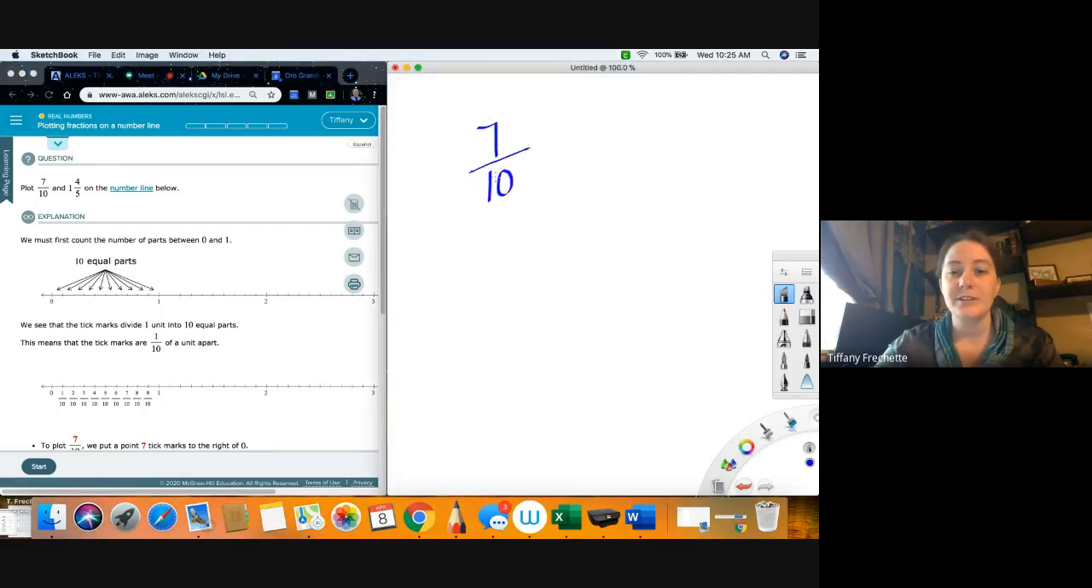For whatever reason, we see 7/10 and we just don't like it. We immediately stop. Or 1 4/5, especially if we see it in a math problem. We go, oh no, I don't want to touch that. It's a fraction. Fractions are just pieces of numbers. So remember, the bottom part tells you how many you can have, and the top tells you how many you